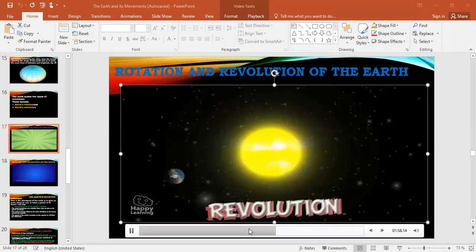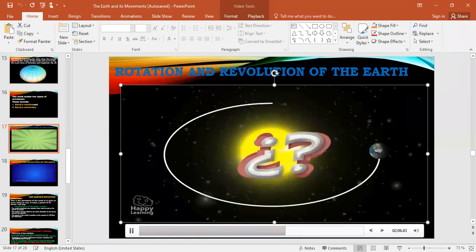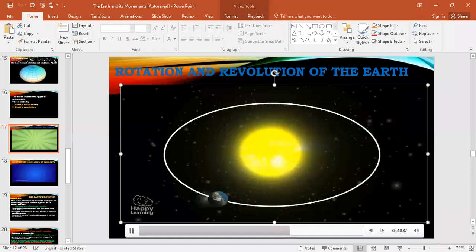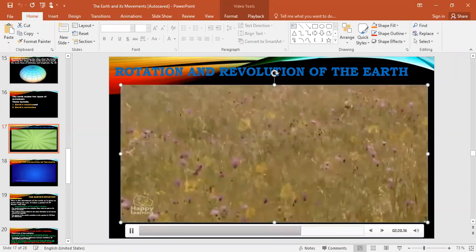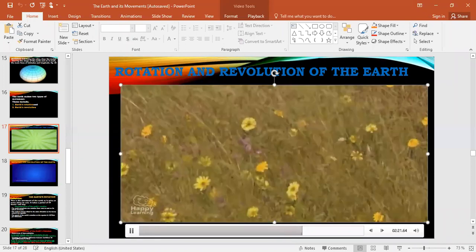It might sound a little strange, but if you look, you'll see it's simply the journey that the Earth makes around the Sun. Do you know how long it takes the Earth to make a complete revolution around the Sun? Well, it takes 365 days. Exactly, 1 year. This revolution movement is what makes the spring with its colourful flowers.